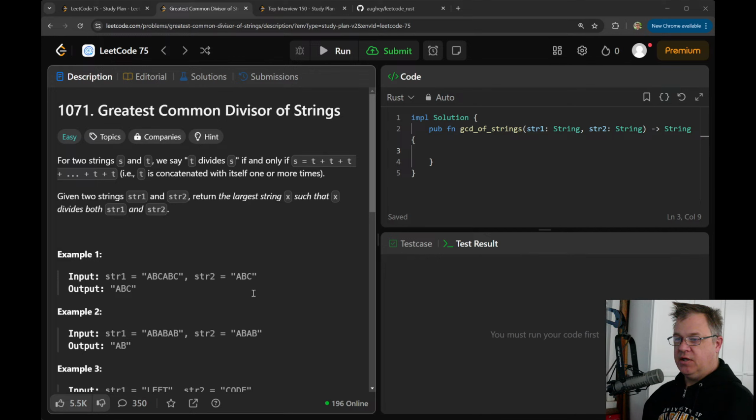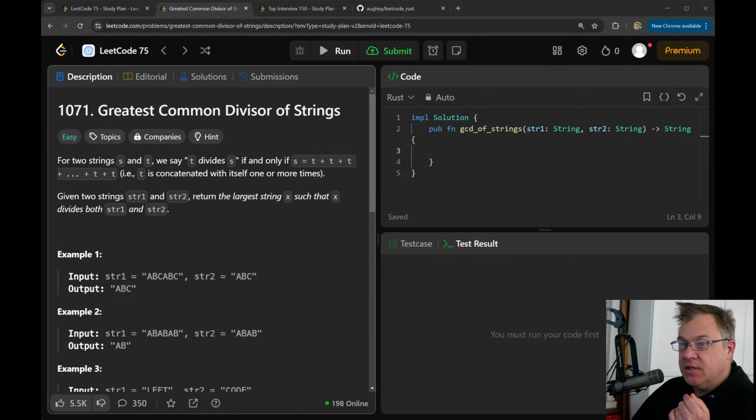If there's an extra character, this should not. I'm just going to force it to fail. Good. If there's an extra character in here, that does not divide. Good. So I think our divides function is correct. It's a little bit ugly, but not really, because we're always using iterators here.